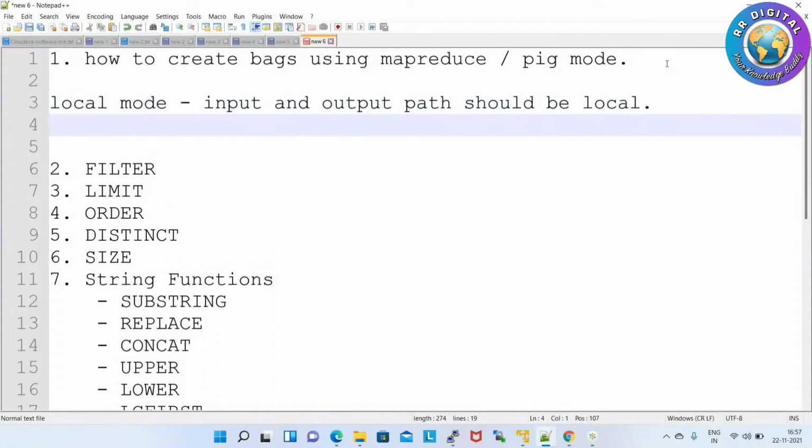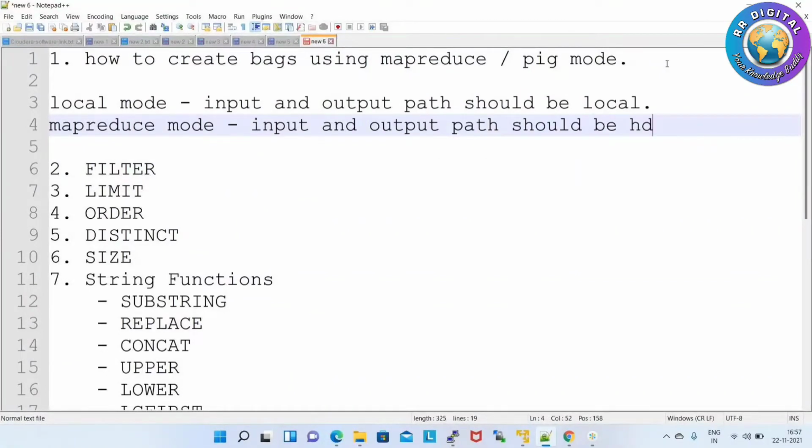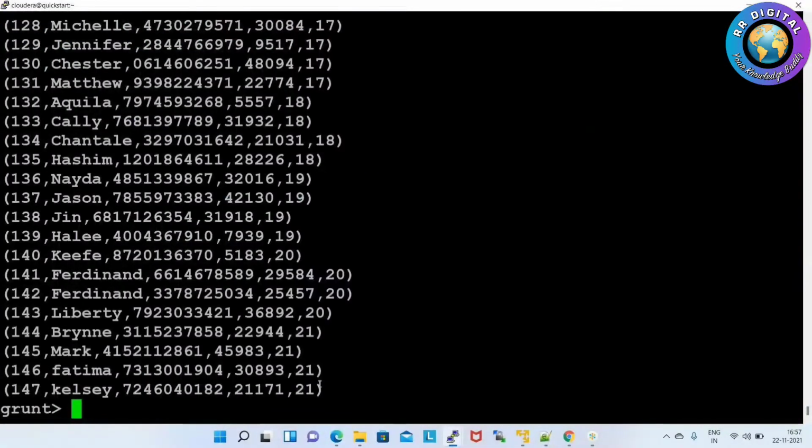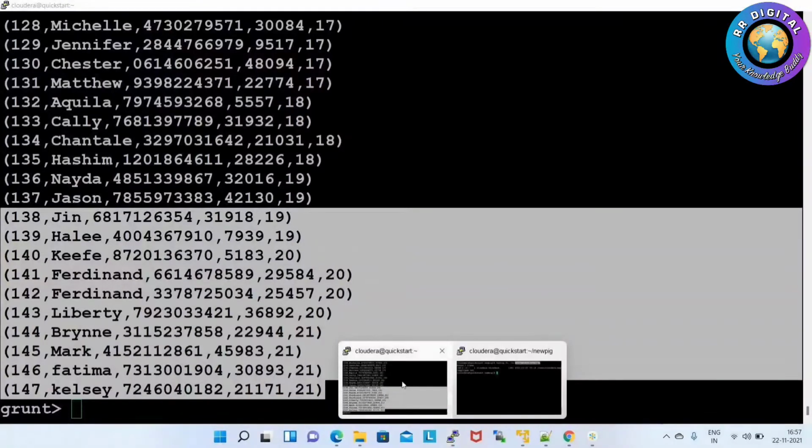In MapReduce mode, the input and output paths should be HDFS. We have to keep this in mind always. Queries are the same; only the input and output paths will be different. Here we successfully retrieved the data. Like this we have to execute queries in MapReduce mode.